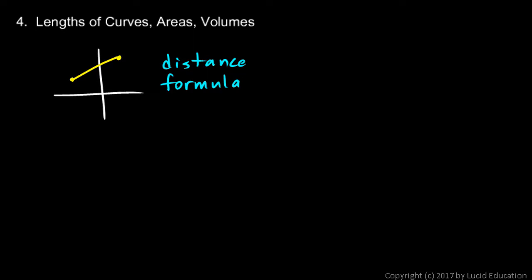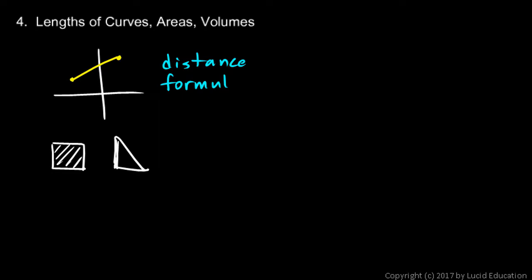The distance formula is basically just an example of the Pythagorean theorem. You find the x distance between the 2 points and the y distance between the 2 points, and you can draw a little right triangle, and the hypotenuse of that right triangle is the distance between those points. And that's pretty easy. Also, we can have basic shapes like a rectangle or a triangle, and it's pretty easy